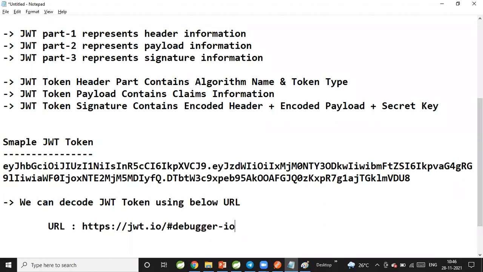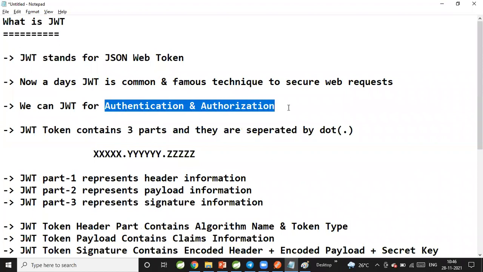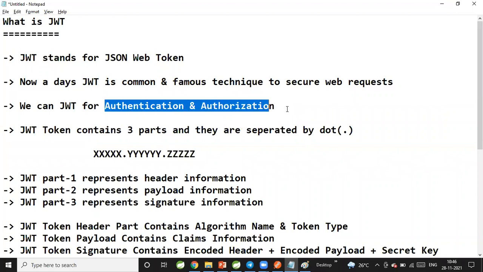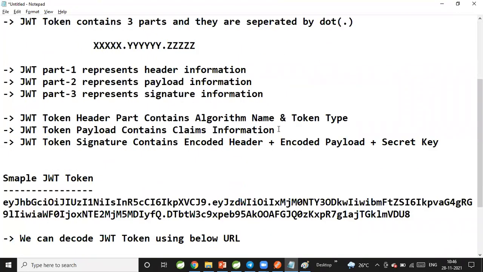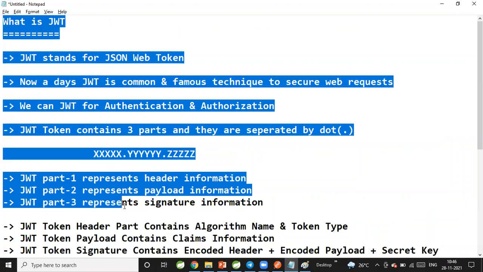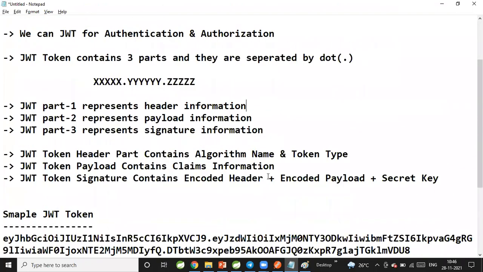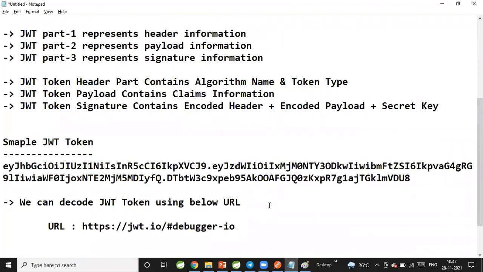Somebody is asking what is authentication and what is authorization. In the previous session, I have explained what is authentication and what is authorization. Rahul, you can see our videos on YouTube, the previous classes for the security topic. Are all of you comfortable with what we discussed so far?